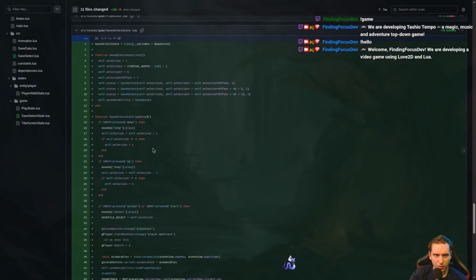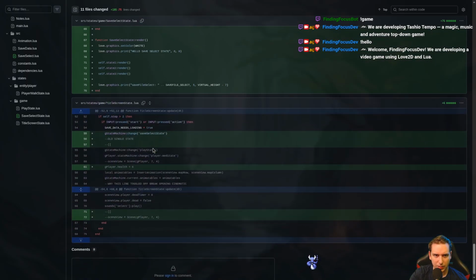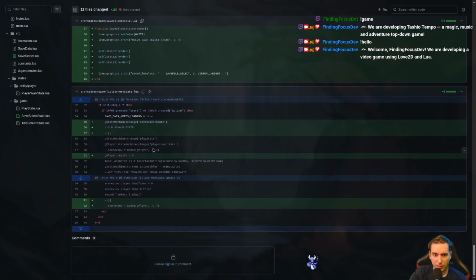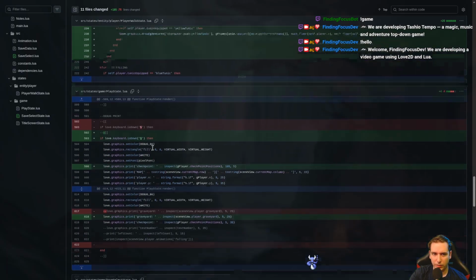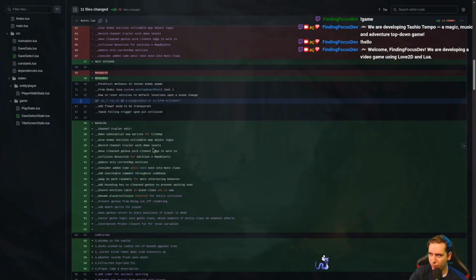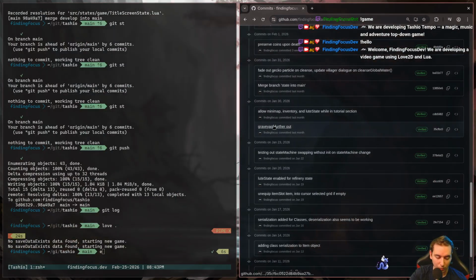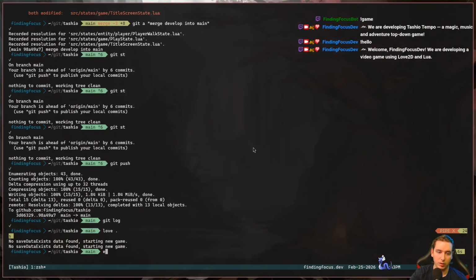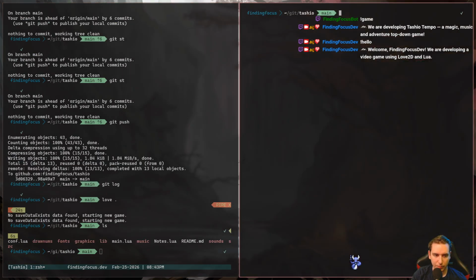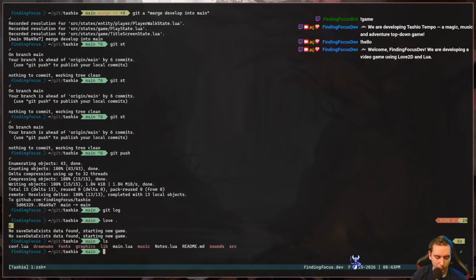And then the cheater toggle, save select state. Okay, it looks fine. It's a couple of commits from a couple months ago, but we merged back into our main branch from our demo branch, from our development branch. Okay. So we seem to be caught up.